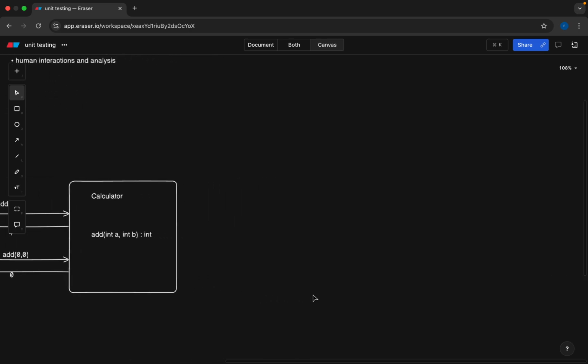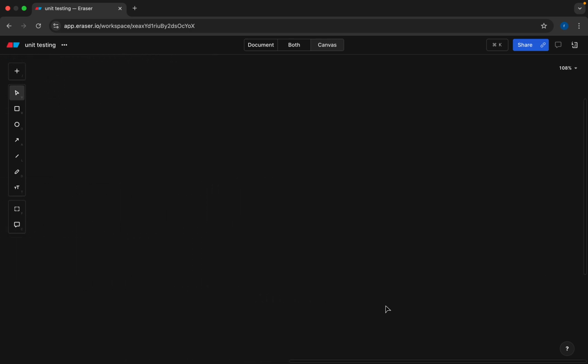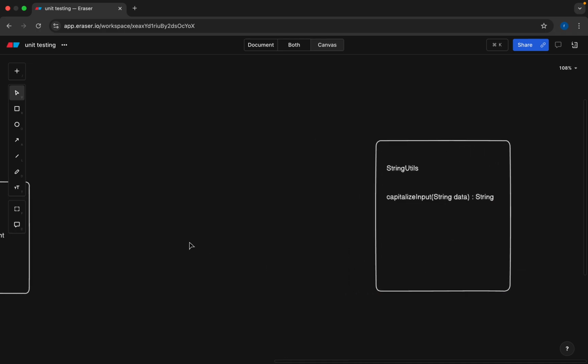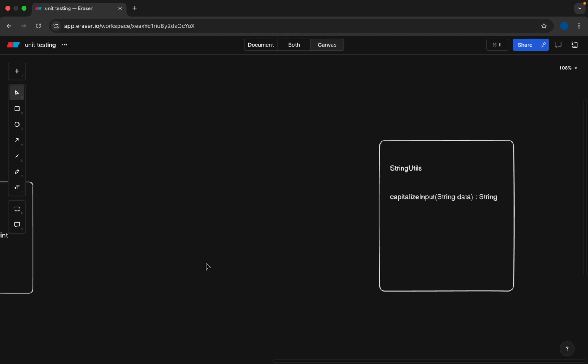Let us consider one more example here. Suppose we have a string utilities class, whose main functionality is to capitalize the input. We have a method where, whatever data we get, we need to convert to capitals and return the output. So here, if we write some test cases for it,